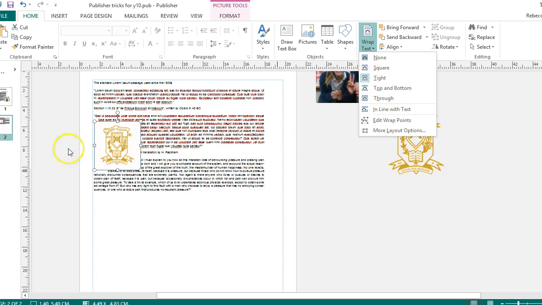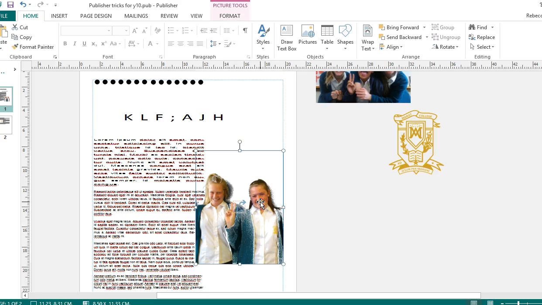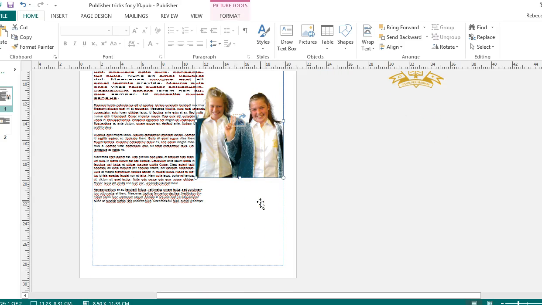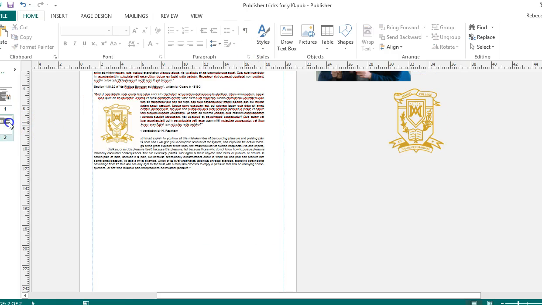I know I can do it because last year I managed to when I was showing the class, and now I've forgotten how. But have an experiment, and if you want to, Google edit wrap points in Publisher or something like that and see what you get. Okay, the second thing I want to show is how to make the picture have a